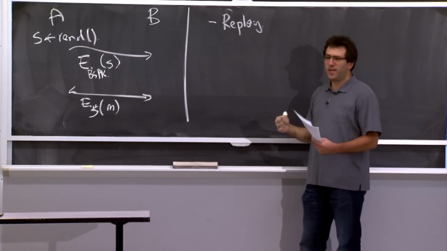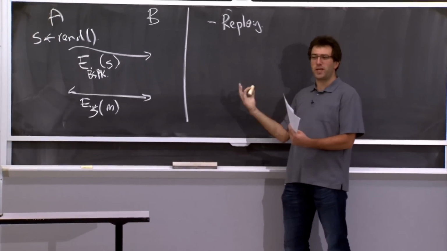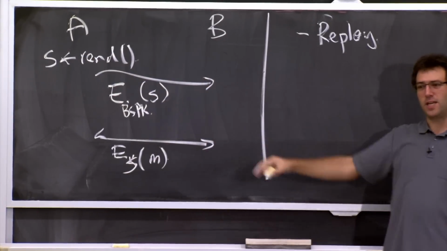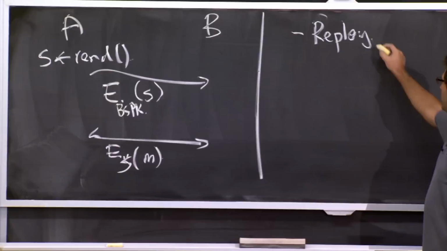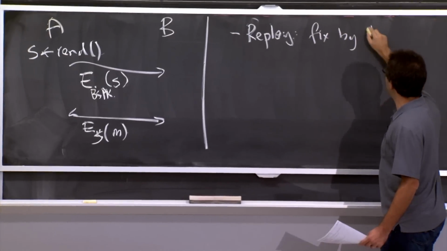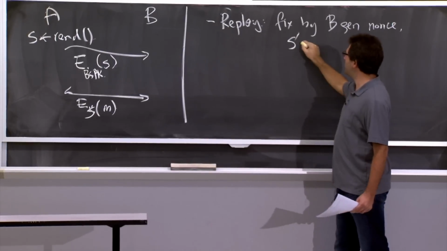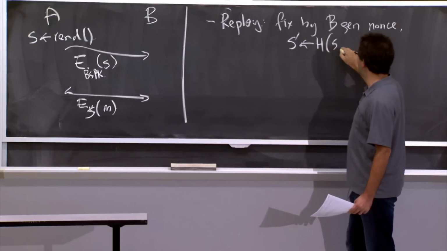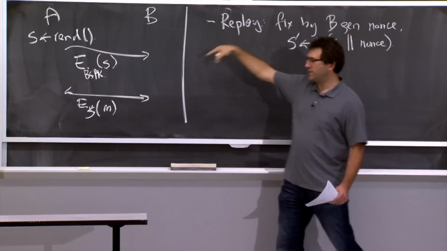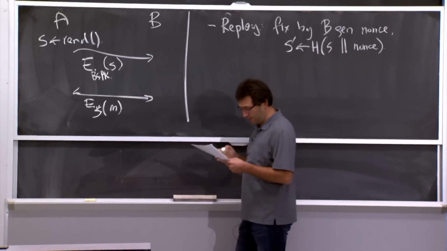You could also do Diffie-Hellman kind of stuff like we looked at in last lecture, where you get forward secrecy. So this involves a little bit more complicated math rather than just hashing two random numbers that two parties pick. But then you get some nicer properties like forward secrecy. So replay attacks you typically fix by having B generate some nonce, and then the real secret key that you're going to use is the hash of the secret key from one guy concatenated with this nonce. And of course, B would have to send the nonce back to A in order for both of them to agree on this key.